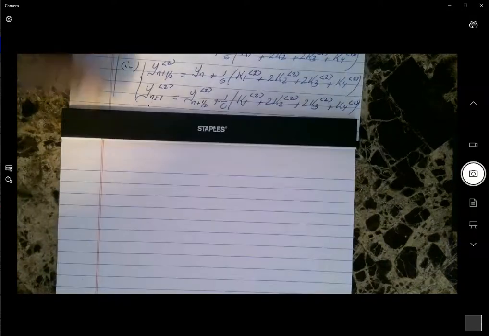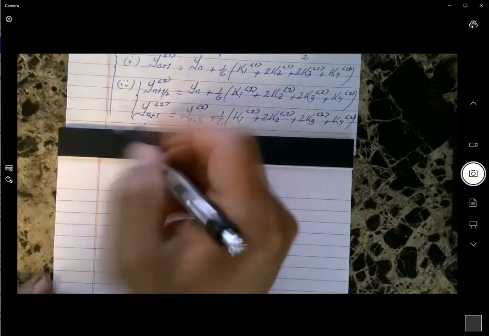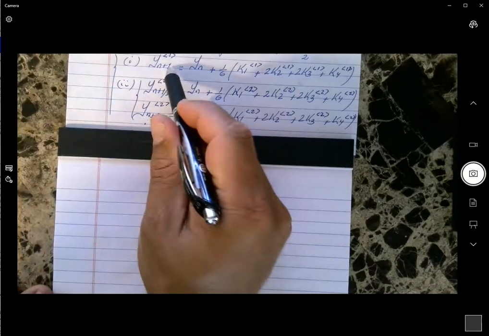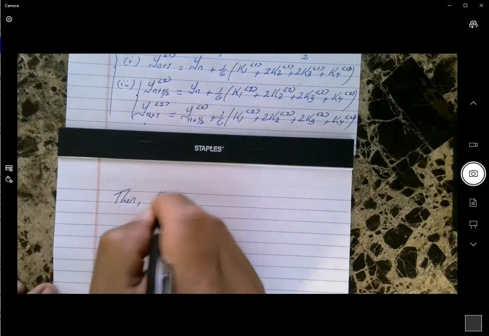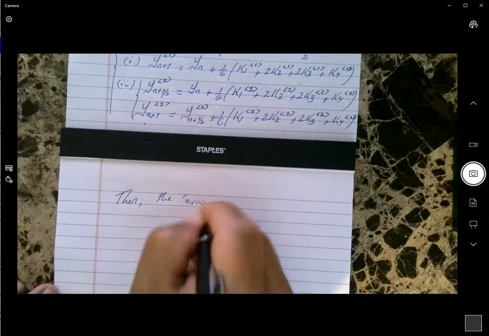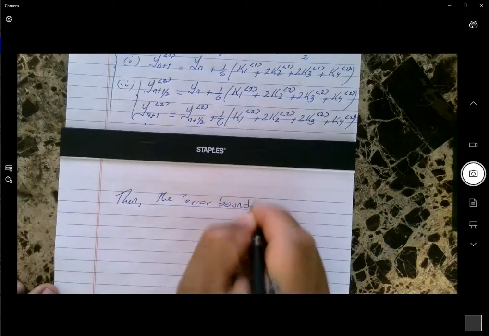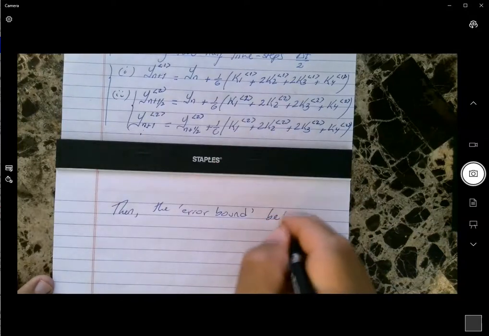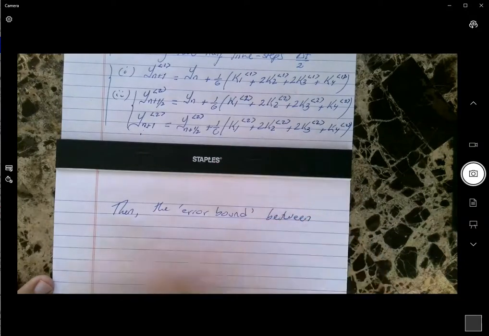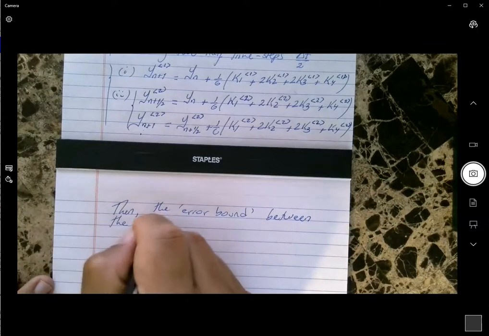So then I'm going to apply the theory. And the theory says that this solution, solution 2, this one right here, should be 16 times better than this one. Okay, so then the error bound, or the order of magnitude of the expected error between the 2 approximations